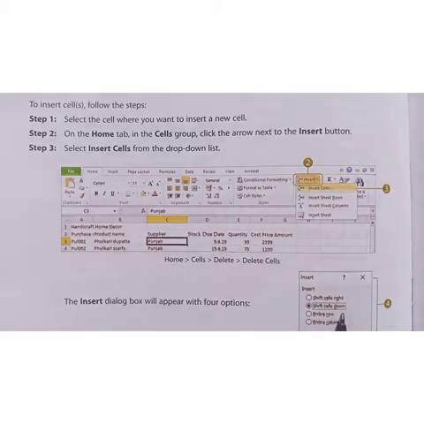It shifts the existing cells down and fills the selected range with blank cells. Entire row. It shifts the existing row down and inserts a new row. Entire column. It shifts the existing column right and inserts a new column. Remember, the old column gets shifted to the right and on the left the new column will come.